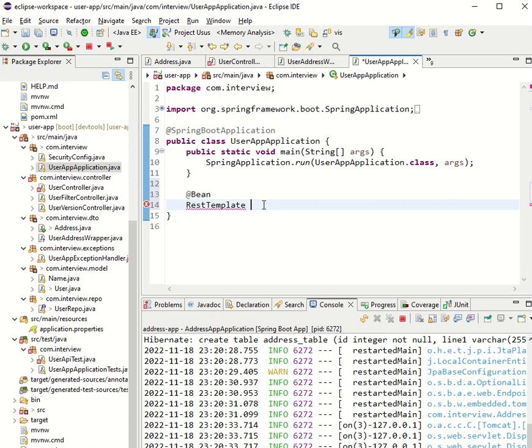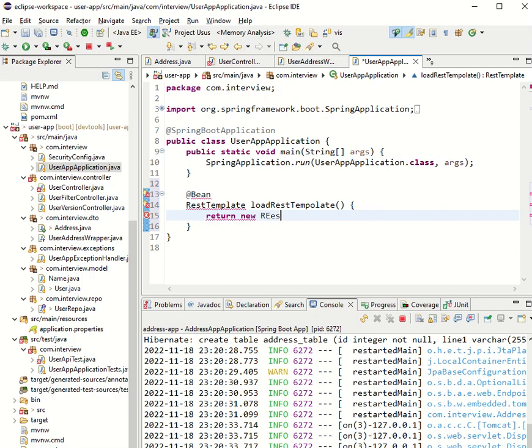Let me finish the code of writing this bean, where we are interested in returning RestTemplate, and it is going to return a new instance of RestTemplate. And let me import this particular class. Yeah, so we have made all the necessary infrastructure changes that are required,